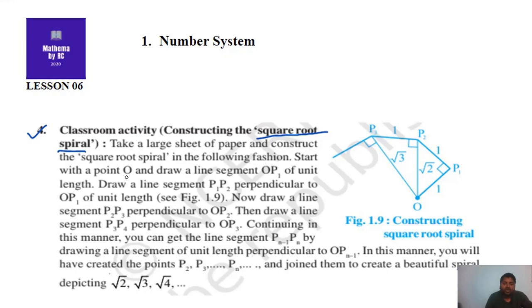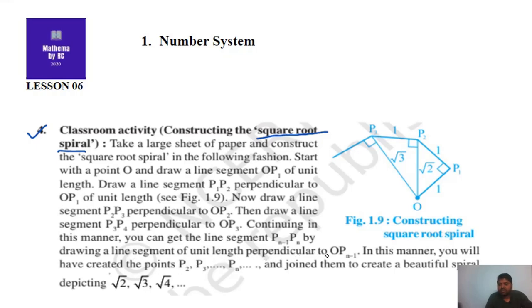Start with a point O, and draw a line segment OP1 of unit length. Draw a line segment P1P2 perpendicular to OP1 of unit length. Now draw a line segment P2P3 perpendicular to OP2. Then draw a line segment P3P4 perpendicular to OP3. Continuing in this manner, we get the line segment P(n-1)Pn by drawing a line segment of unit